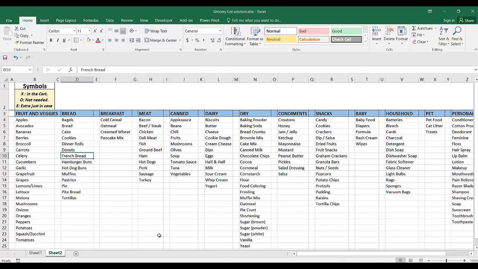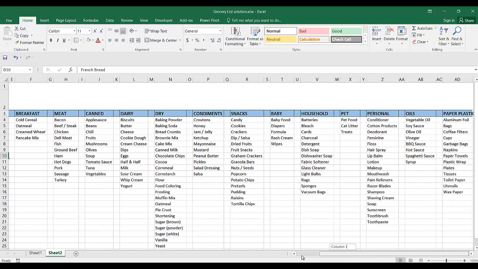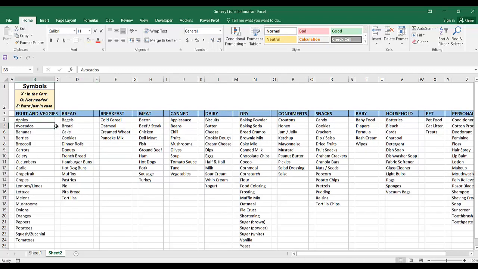Okay, so the first thing we're going to do is understand what we want for this grocery list. This grocery list must tell us which articles or products are missing from our list, and we may categorize them in three different categories. X, which is things that I put in the cart. O are things that are not needed either this month or this week, and I consider them O's. And E as extra or just in case. Okay,